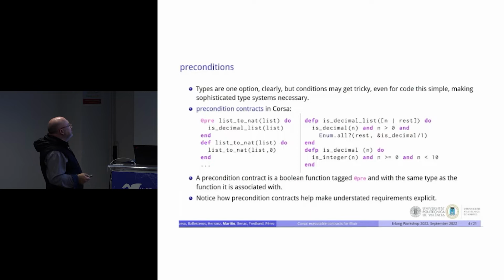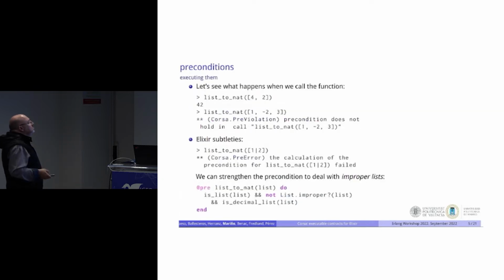Okay, so let's move on. How would this execute? In order to execute this, we just call the function with the right or wrong arguments. If we call this with the right argument, we get the output. And if we call this with the wrong argument, we first call the precondition, and then instead of the wrong result we get a contract exception, a contract message, telling us that what failed was the precondition stated for this function. So this is a very, very simple idea. Nothing